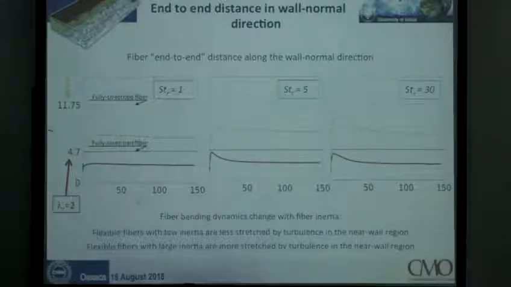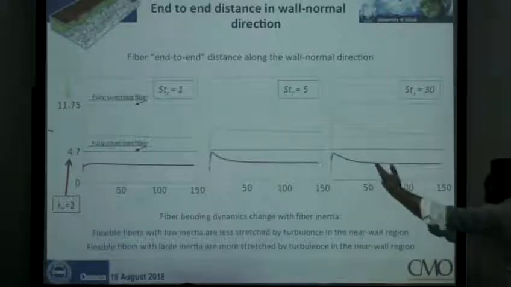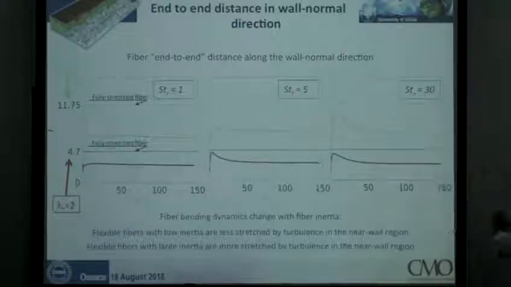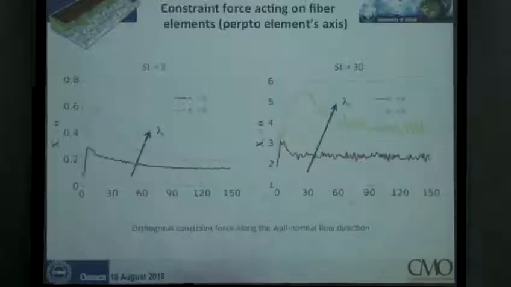And as before, we see that if you look, for instance, at the higher inertia particles near the wall, the fibers tend to be stretched because the end-to-end distance is closer to the fully stretched value, whereas in the center of the channel there is a decrease. And in fact, we see that away from the wall, this end-to-end distance reaches a sort of